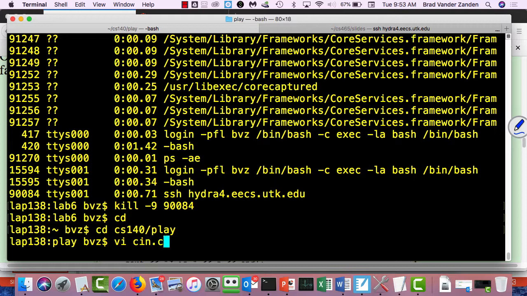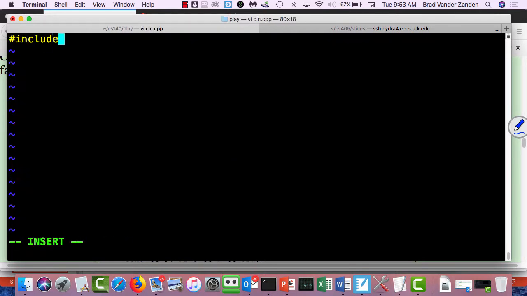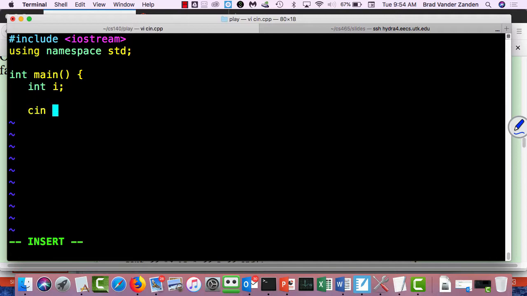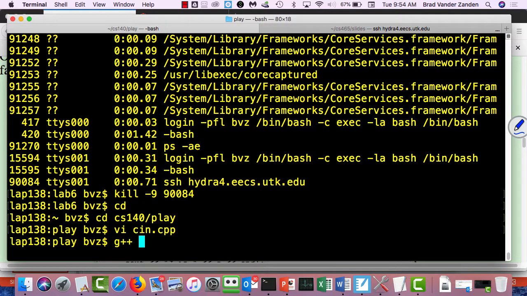Input. Okay, so oftentimes we prompt for input, and that way the user knows that we want input. In this case, we failed to prompt the user for input. So it appears that it's just sitting there, but it's not. And this is actually a common thing that's going to afflict you early on, where we're not prompting you, we're not requiring you to prompt for input, and so you may forget to